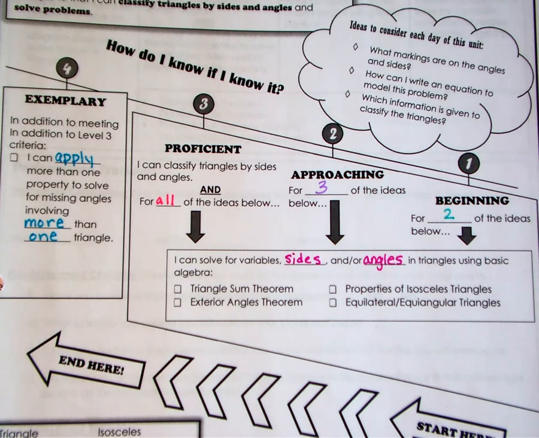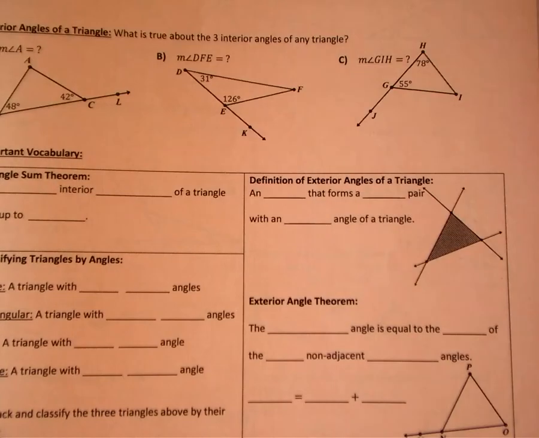And then to get to that level 4, the exemplary, in addition to using all 4 to be proficient, you can also apply more than one property in order to solve for missing angles involving more than one triangle. That's your exemplary. All right, so